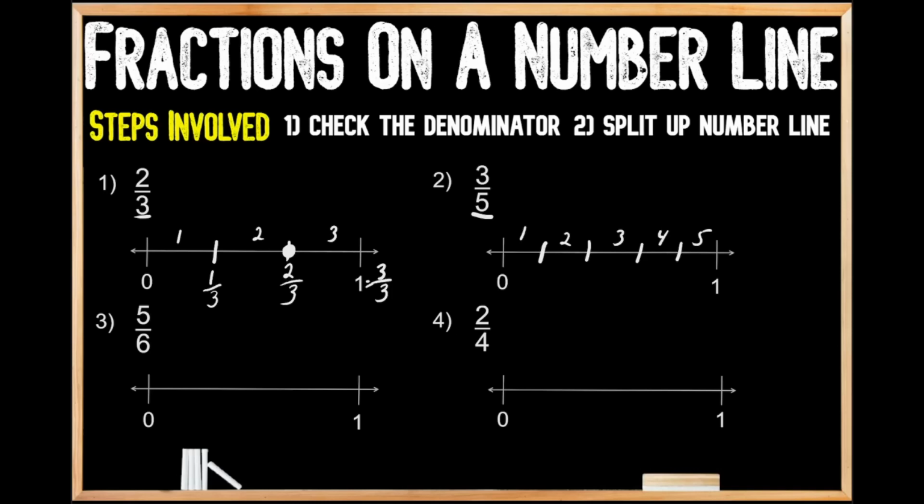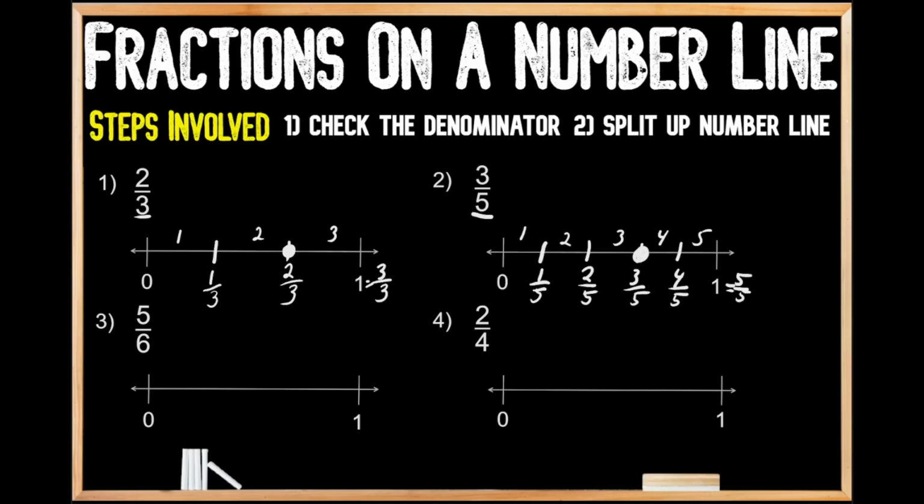Now the parts aren't exactly even, but as you work through this process of breaking up the number line into equal parts, over time you will become much better at that skill. Now that we've split up our number line, we're going to label the individual fractions on this number line. We have 1/5, 2/5, 3/5, 4/5, and we already know that 1 whole is equal to 5/5, because our numerator is going to have the same value as our denominator. Now we're going to locate our fraction of 3/5, and we're just going to place a big old circle